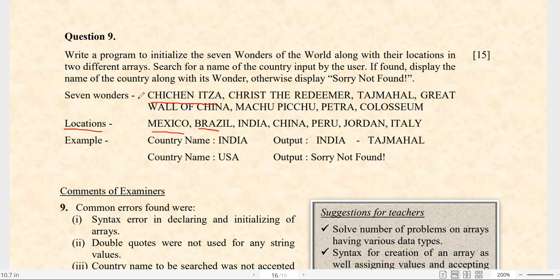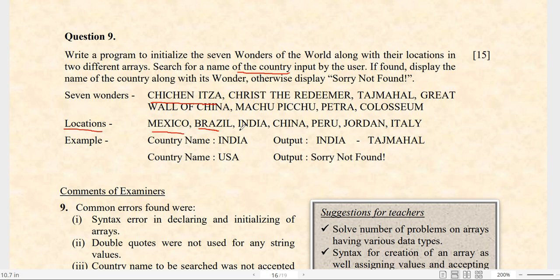What you have to do? You have to search the name of the country. According to the given program, you have to search the name of the country. It means you have to apply your searching on the array where the names of the countries exist. So here you have to find the name of the country from this array, and if you are able to find it, you have to display the name of the country along with the seven wonder.